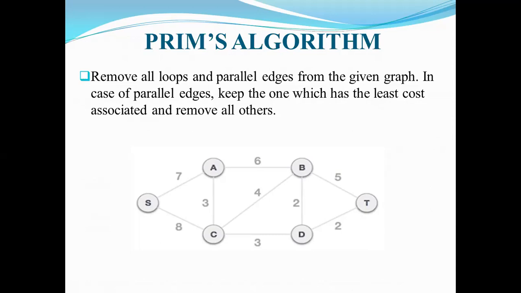But before going to construct the spanning tree, you must select any vertex as the origin vertex, or arbitrary vertex, or source vertex, whatever it may be. You can arbitrarily select any vertex as the starting vertex. Either you can select A, B, C, D, S or T. Then here in this example, I am selecting S.